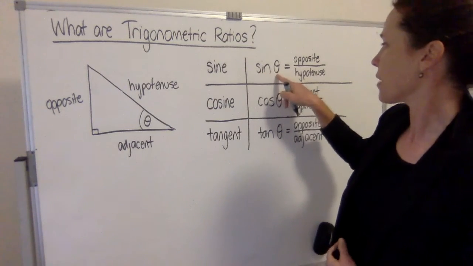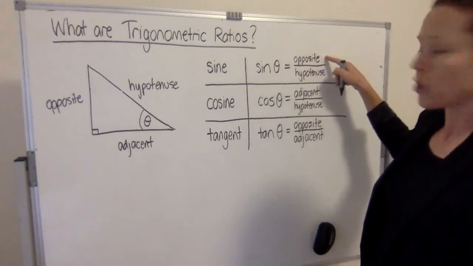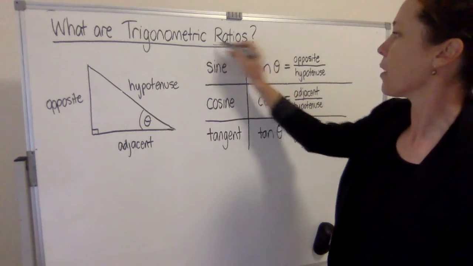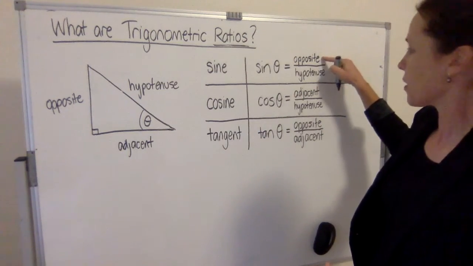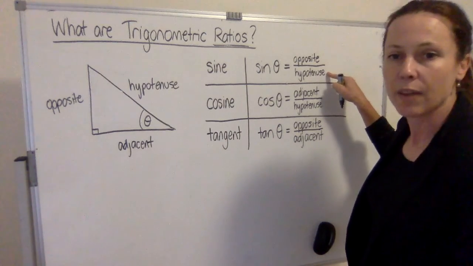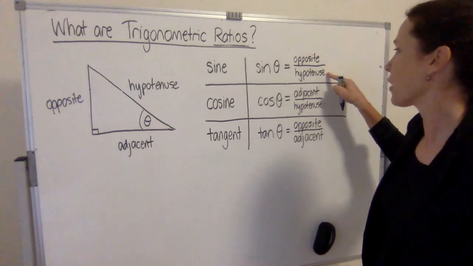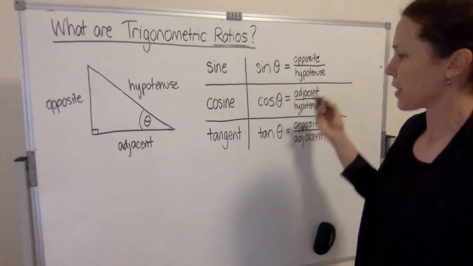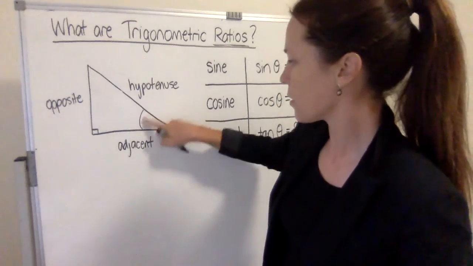Now, the sine of this angle is a ratio, and that comes in again with our whole idea of ratios. It's the length of the opposite side divided by the length of the hypotenuse, and you put it in like a fraction. Now, what does that mean? It means that if this was, say,